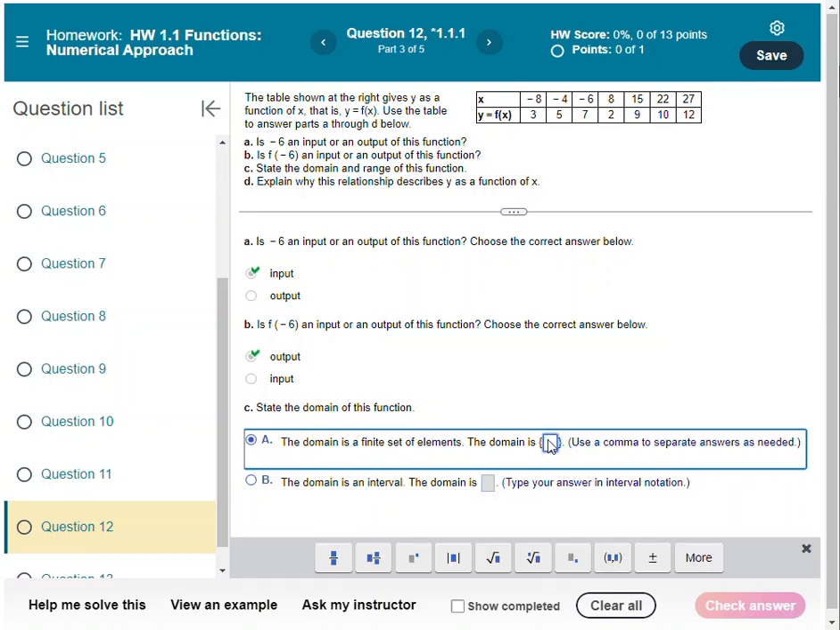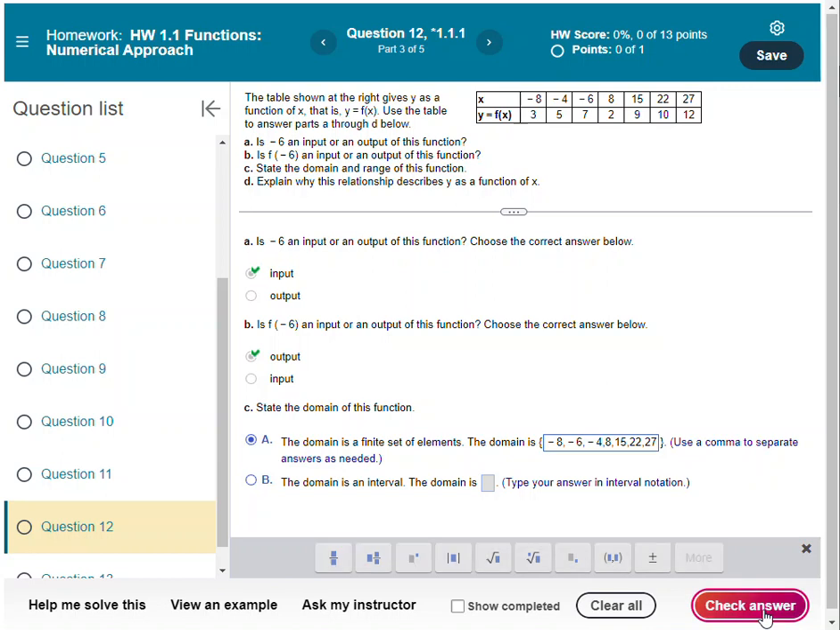I want to notice that the curly braces that go around this are already typed in, so I don't need to type the curly braces, just the elements. And they should be in numeric order. So -8, comma, -4. Oh, that's not in order. Let me go ahead and put -6 in there where it belongs. They weren't listed in order. Then the rest look to be in order. So let's go with our 8, our 15, our 22, and our 27, and I have commas separating all of